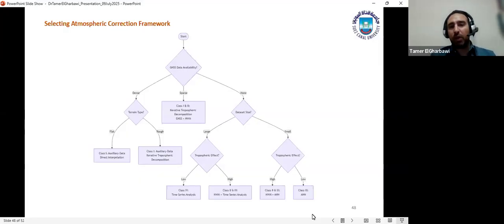So first thing we have to ask ourselves, do we have GPS? Well, if we have, that's great. We have the GPS. Is it dense? If it's dense, then we can ask ourselves, what about the terrain? If it's flat, we can just make a direct interpolation using kriging or something. If it's not flat, it's rugged or rough, we can use the iterative tropospheric decomposition that actually isolates the troposphere